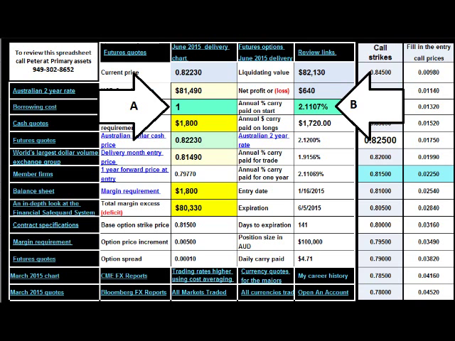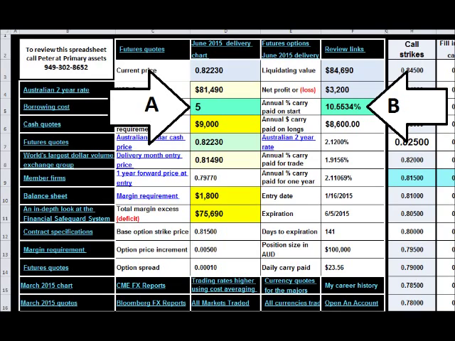In the first example, we're using no leverage. In A, you'll see a value of 1. B, 2.1107%. Again, this is using no leverage. In this example, I'm borrowing US dollars at the bank borrowing rate of approximately 0.12% and depositing in Australian dollars